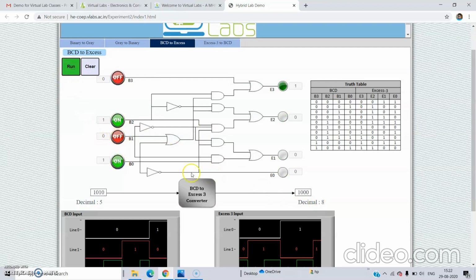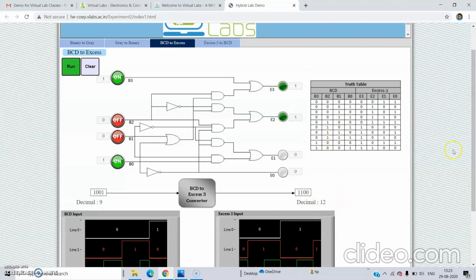For 5, it is 8. Sorry, for 6, it is 9. For 7, it is 10. For 8, it is 11. And for 9, that is our last one, it is 1100, that is decimal 12.